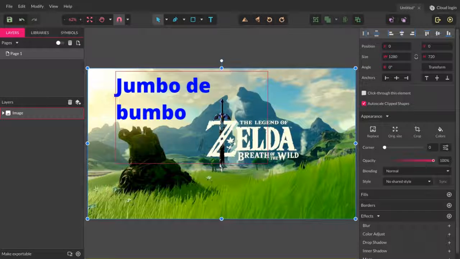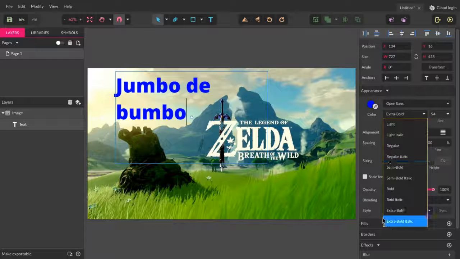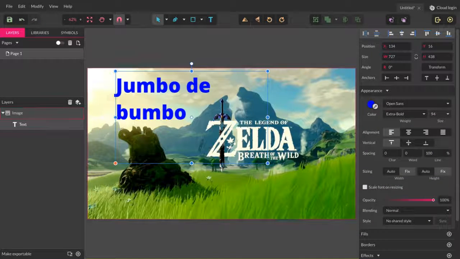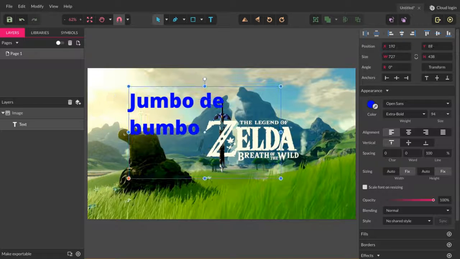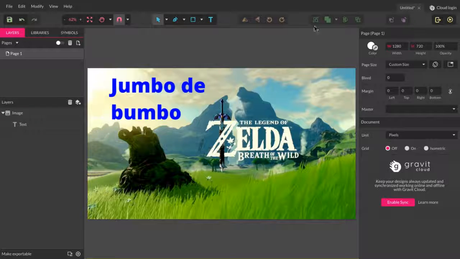The main font that's probably the best for Gravit is Open Sans. Because in Open Sans you can do light italic, regular italic, semi-bold, and it looks like Arial. So it's a really good font. So I would highly suggest using it. Yeah. So when you're done with the